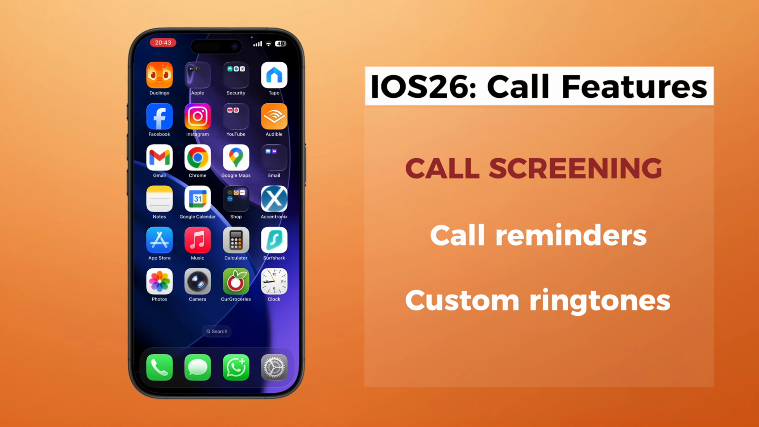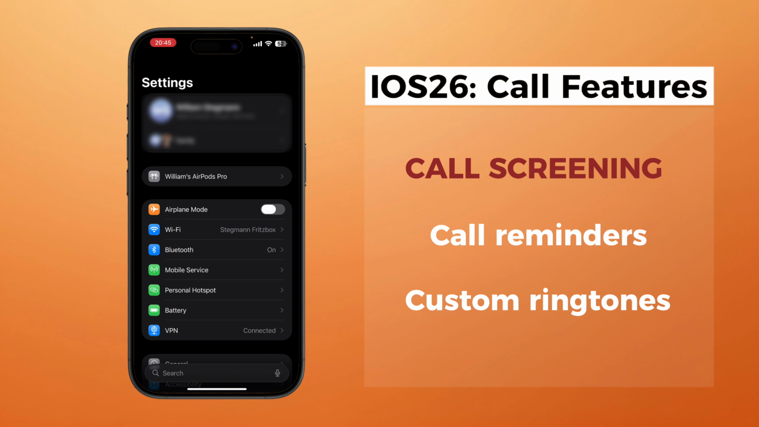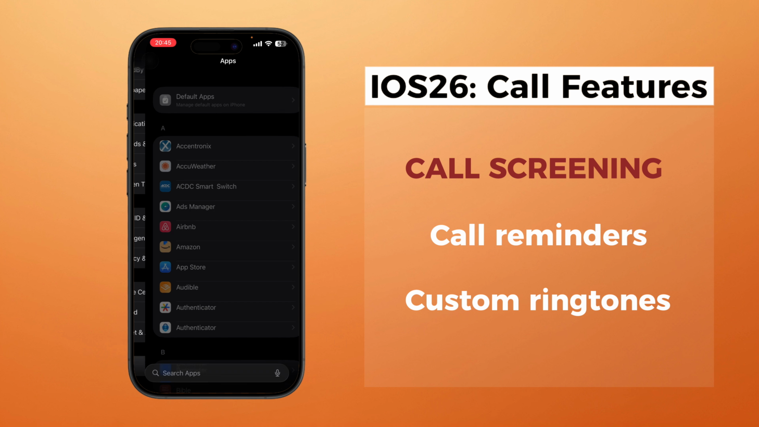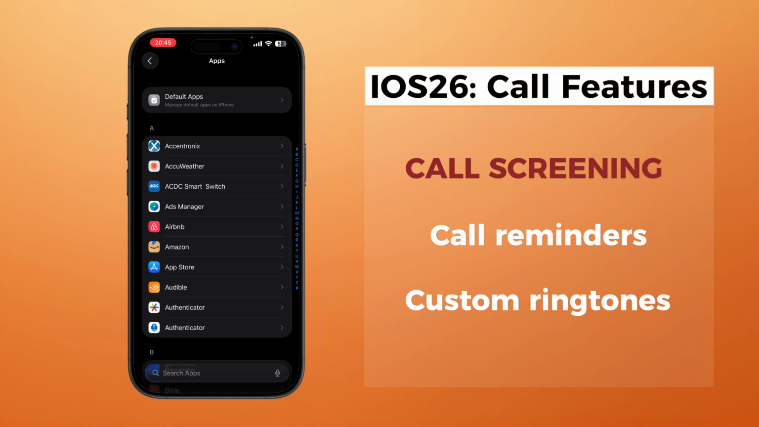With the call screening feature, you can now find out who's calling before you pick up. Let me show you how. First, you can go into your Settings app and then scroll right to the bottom to Apps, and then go to the Phone app